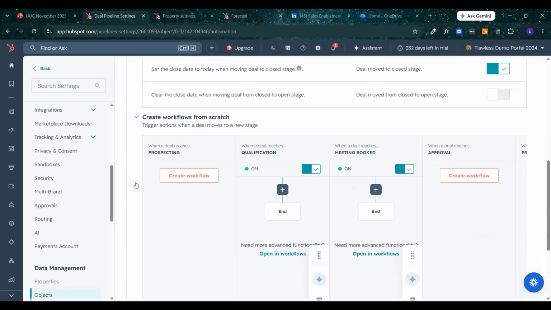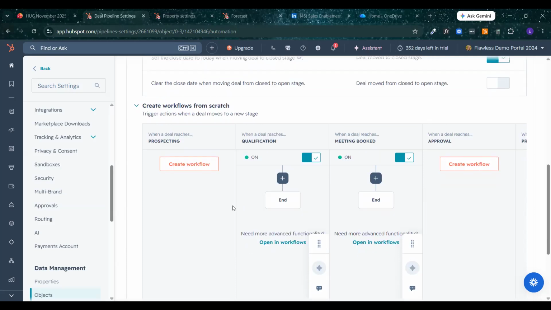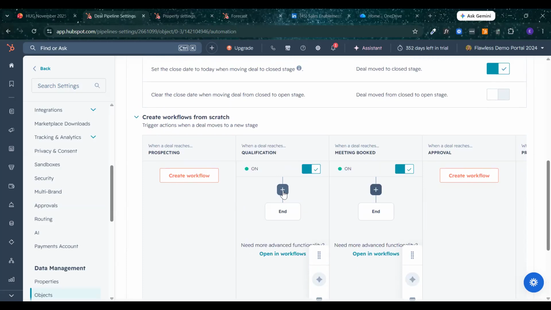The workflows are here. So this is a good place to come in and set up a basic workflow for an automation that happens, maybe a task creation, maybe a reminder email, things like that. You can get pretty advanced in the workflow section, but I do think that a really good way to start with some simple automation is in here. So let's say that when a deal reaches the qualification stage, we want to set up a task for the sales rep to do some research.